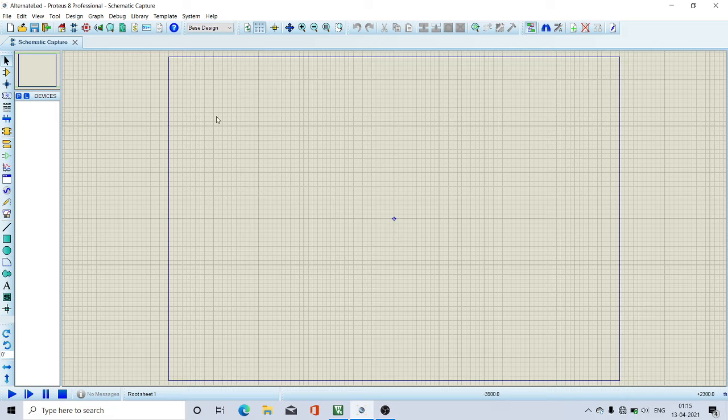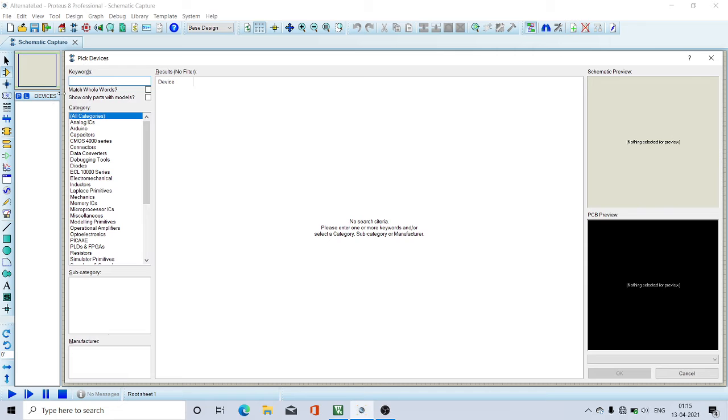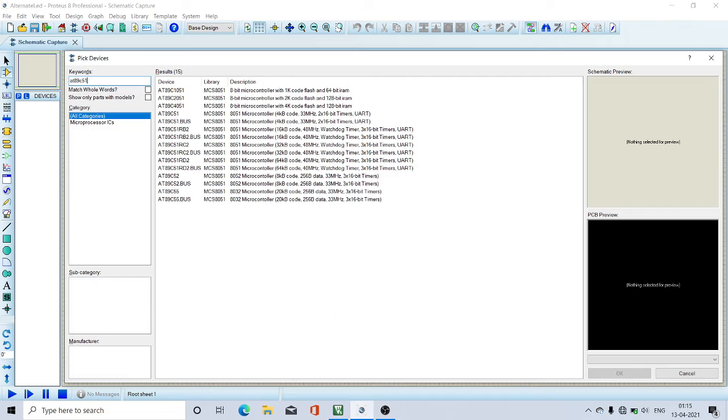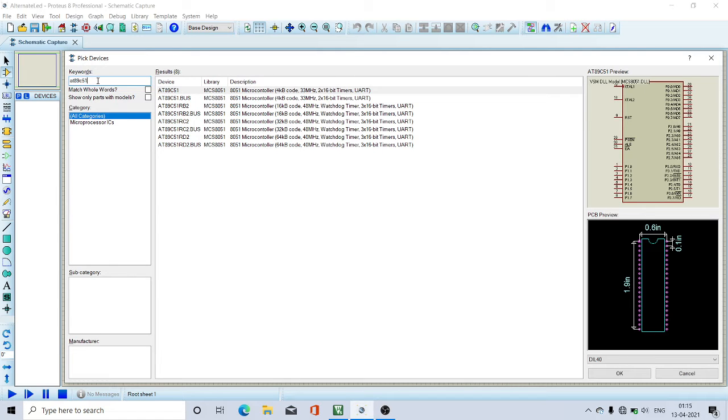So I have gone with the Proteus component mode, pick the device, and in the keywords I'm typing AT89C51, the microcontroller, selecting the first one, double clicking.